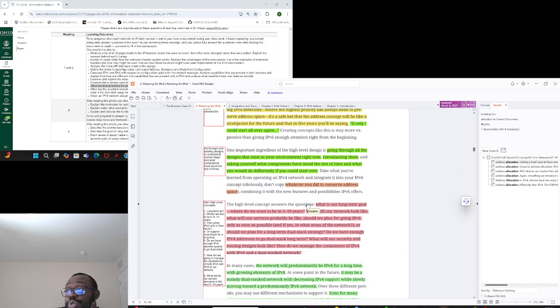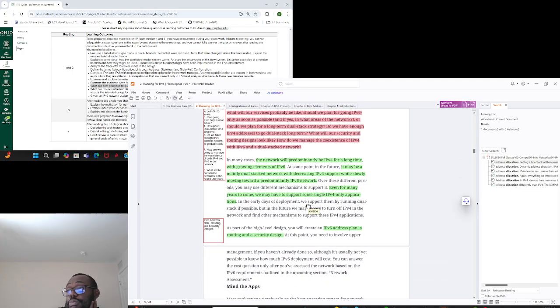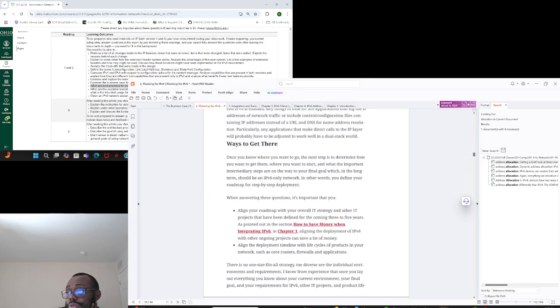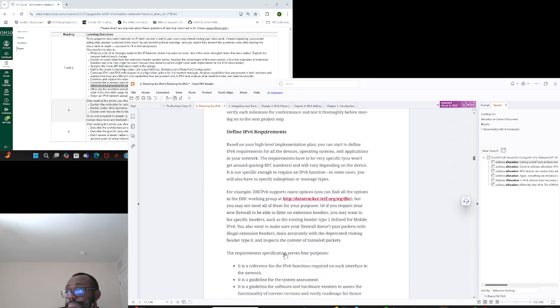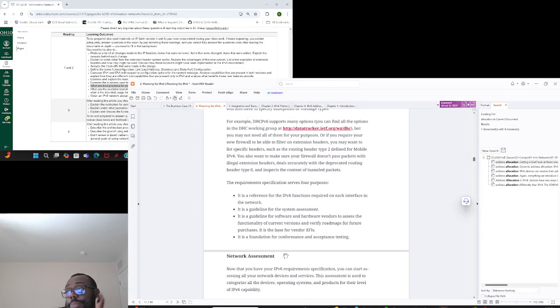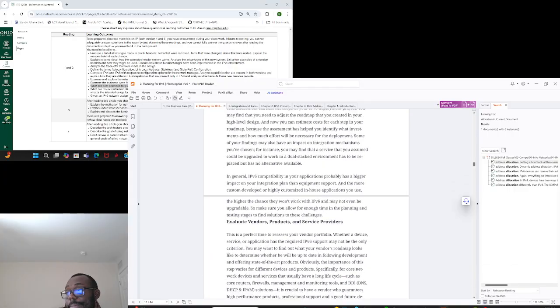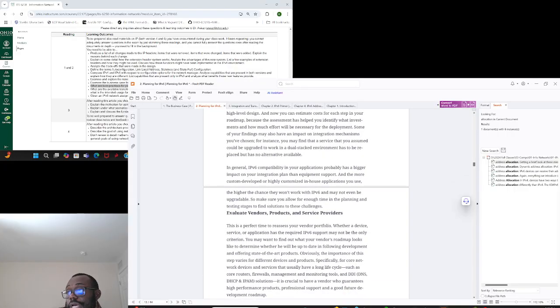Then after that, you want to do a pilot study with your HLD, right? And when you are doing that, you want to mind where your apps are located. So you do a pilot study. What is a pilot study? So the next is your IPv6 requirements, and then some network assessment has already been done, but build a pilot study to be able to